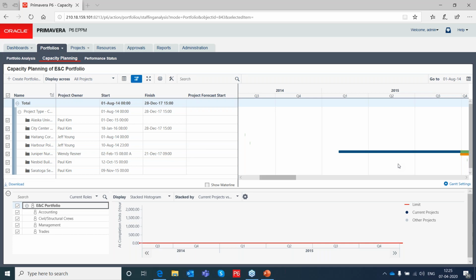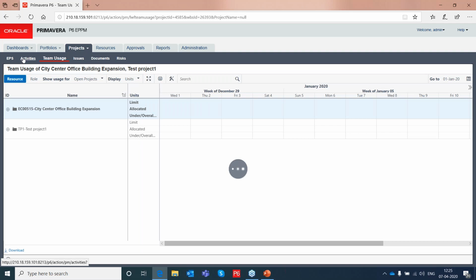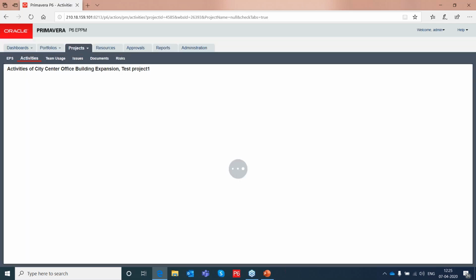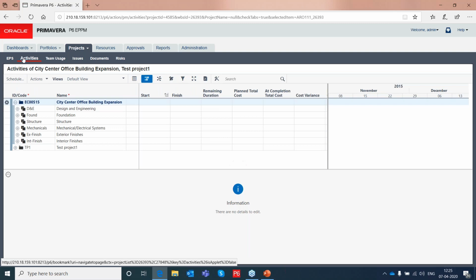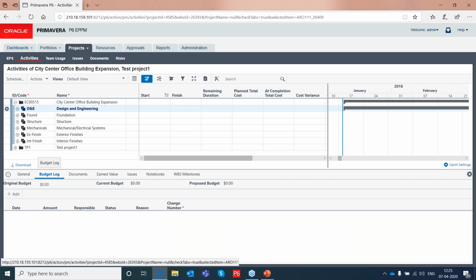Okay, in Primavera P6, EPPM as well as CPPM, you have a separate area for budgeting wherein you do top-down budgeting. That is done at the WBS level. If you see here, I'm just taking you to a WBS now. Okay, let's take this WBS. You have a budget log. You are able to see that? Yes.